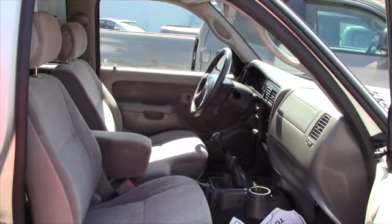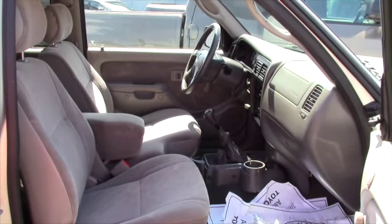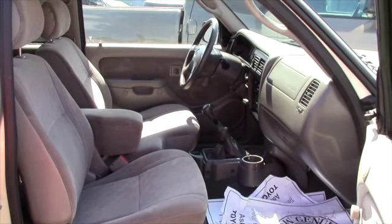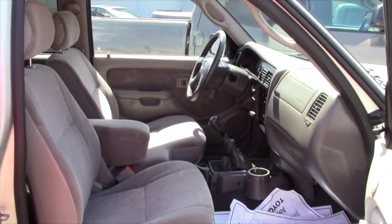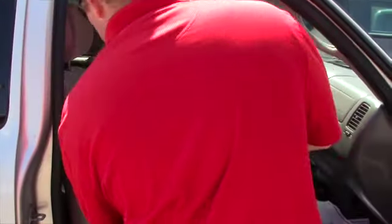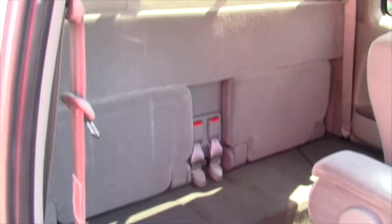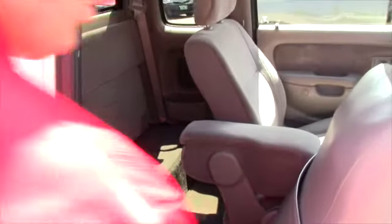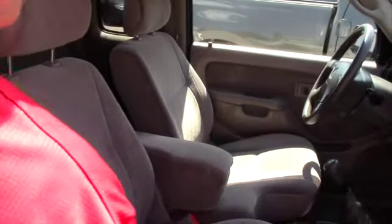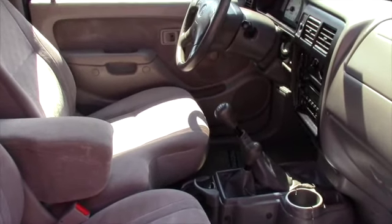And as I'm sure you've seen from the pictures, interior is very, very clean. Something else that doesn't come across that I think is worth mentioning, it doesn't have some kind of funky smoke smell or anything like that, like it's been lived in or something. So it's very fresh, nice truck, cleaned up well. And these are a little bit different because they don't have that door in the back. They do have the space, and I'll let you kind of peer in there. And of course the seat slides forward so that you can put something back there, whether it's a person or not. But it's a little different without that extra door, so I just want to make sure I'm showing you that as well. Of course it's manual, and you do have to shift it manually when it comes time for